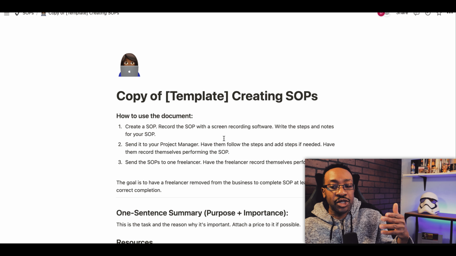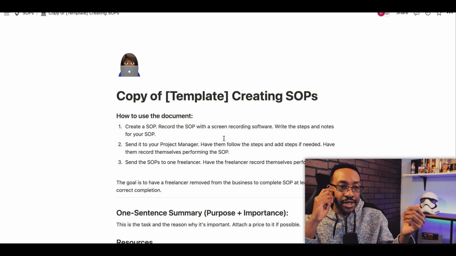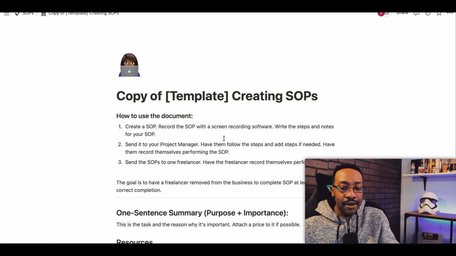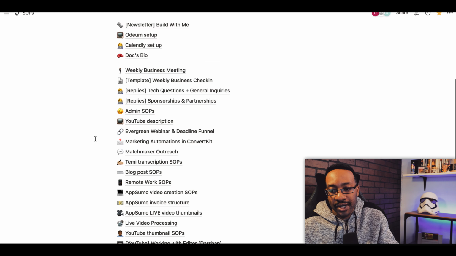And once we look at SOPs and see what we're doing either manually or with other systems, a lot of times we just take the SOPs and see if we can automate it using other things like Convertkit, Zapier, Integromat. The list goes on and on. Even if we're on vacation or something like that, all of this can be found in our SOPs. And that's just one example.